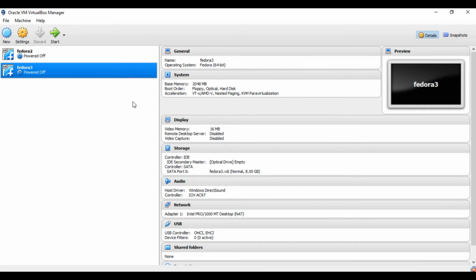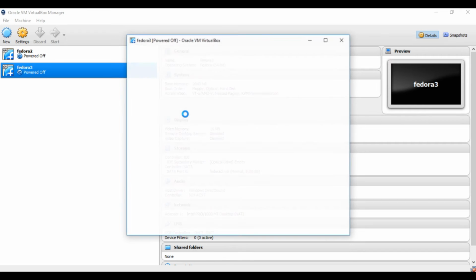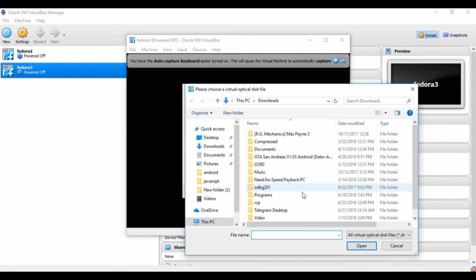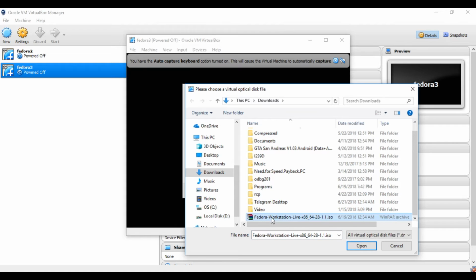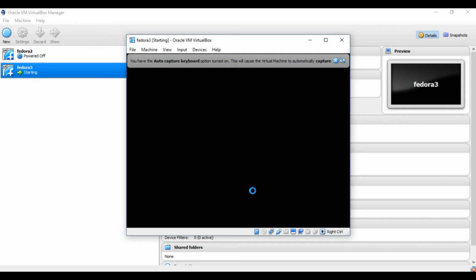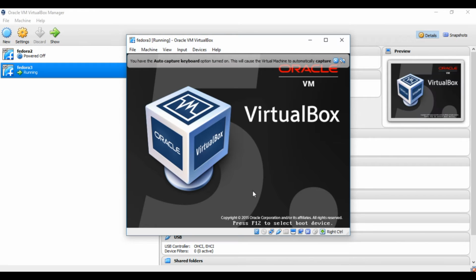I have created one more OS here, Fedora 3, but it doesn't have any image or ISO file of Fedora. While clicking onto it, it will pop up a window and it will ask for the image file or ISO file. Here you need to add the ISO file which you already downloaded. Click this ISO file and open it and start. It will start booting the Fedora operating system